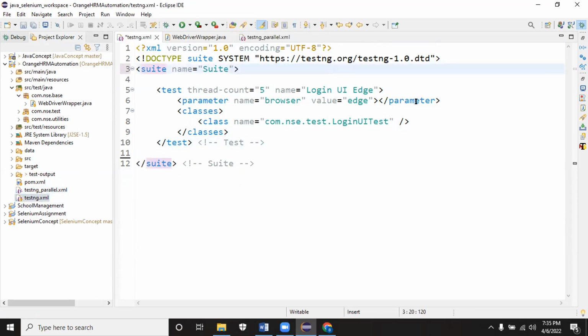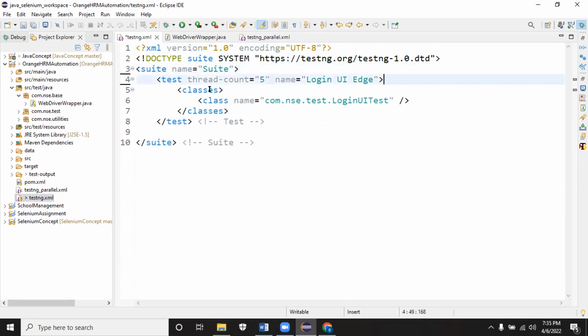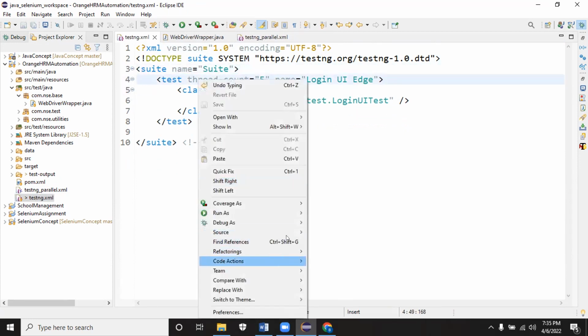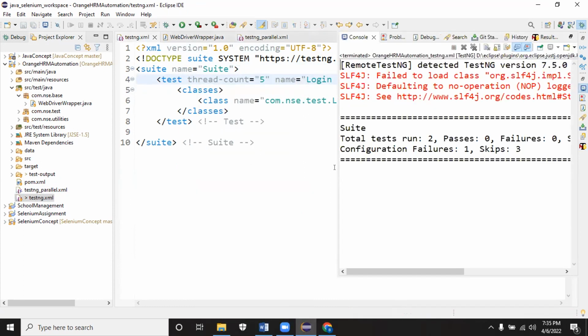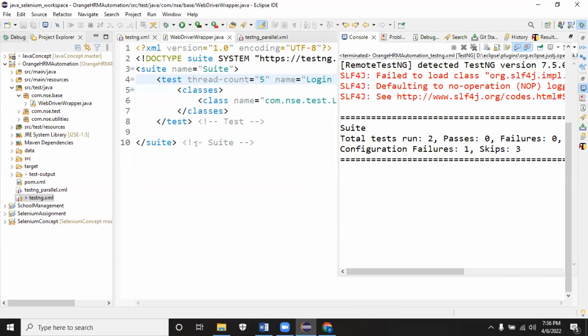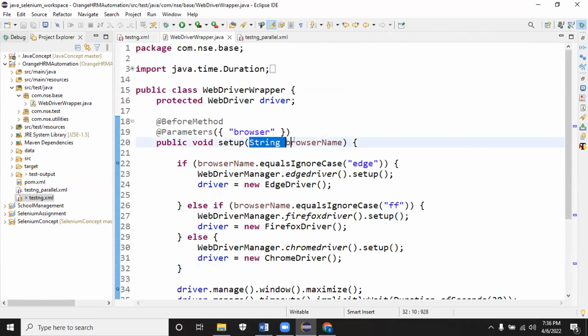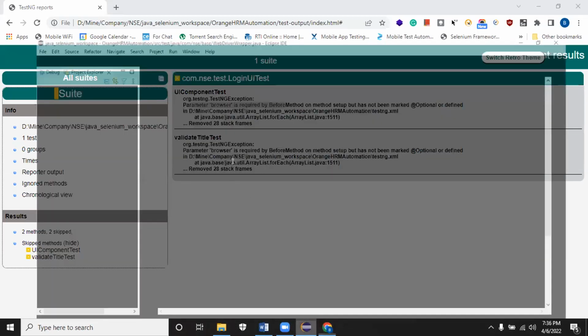Simple thing. The parameter can be given in two places. One is the test tag level, the other one is suite level. Suppose if I try to trigger the one without a parameter, you can see here, I'm going to trigger without parameter. Now, if I run the script without parameter tag, my code will throw error. If I go and check the report, a configuration issue will be there. There is an argument for the @BeforeMethod. There is an argument, but the argument is accepting a parameter tag, but no one is applying the parameter tag. You can see we are not sending the parameter tag.